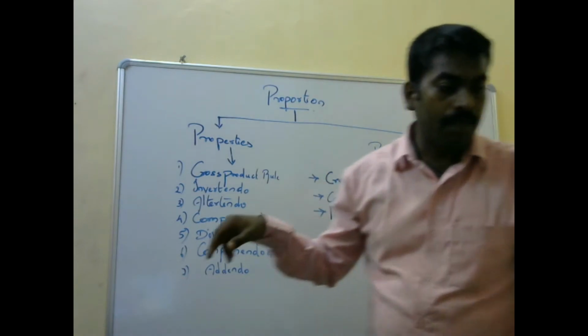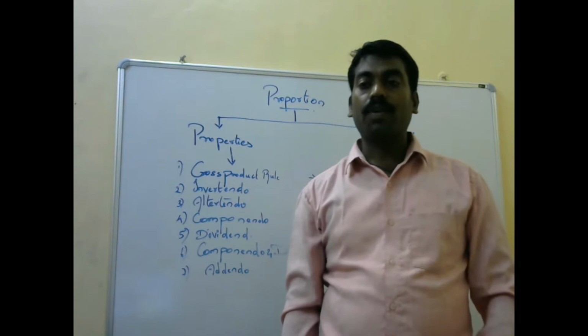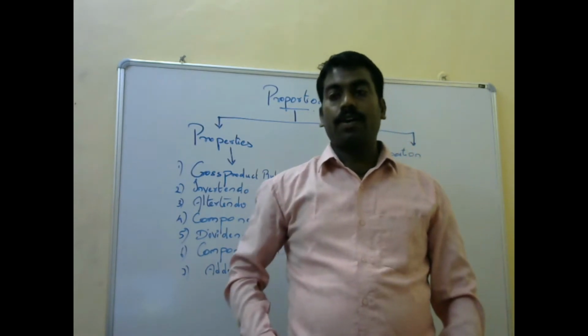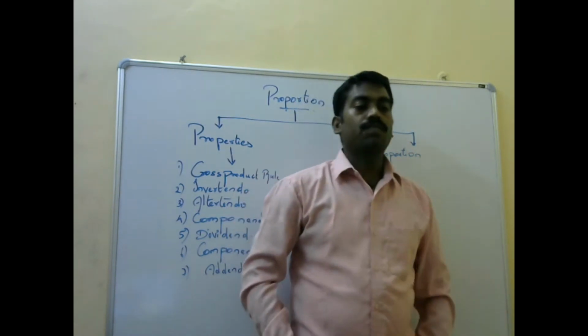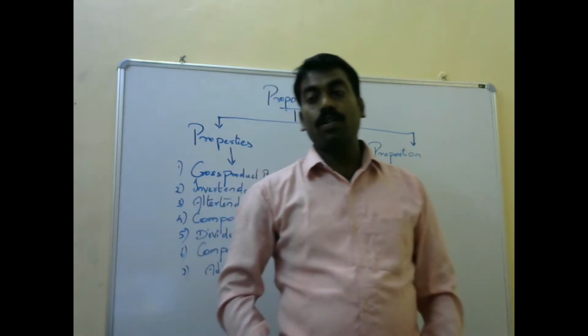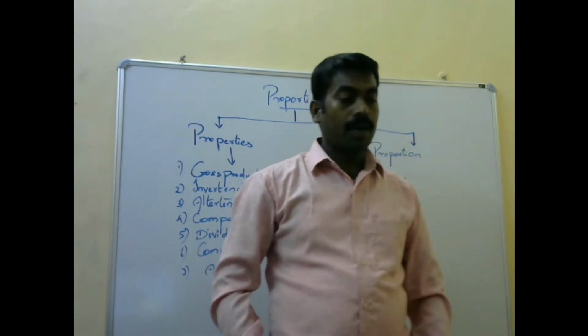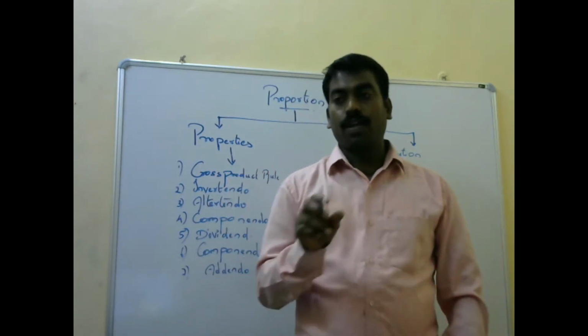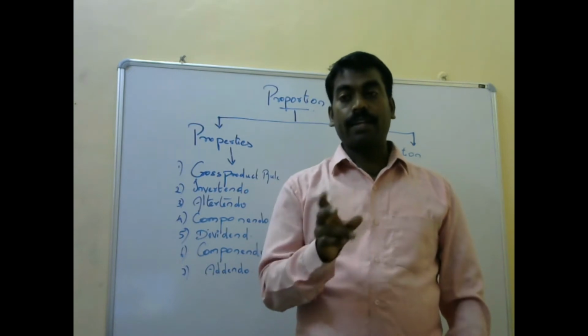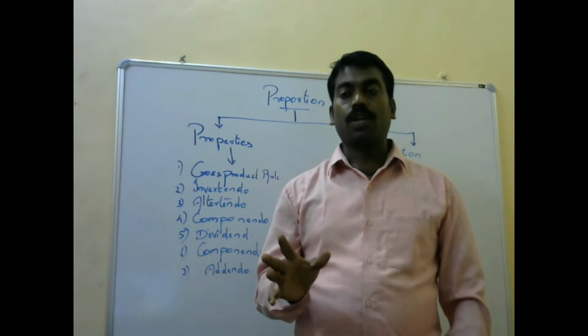A proportion is nothing but the equality of two ratios. What is meant by two equal ratios? Already I said ratio: a ratio is a comparison of the size of two or more quantities of the same kind by division. That is called the ratio. In this topic we are going to discuss proportion, which is an equality of two ratios. Ratio and proportion are slightly different.